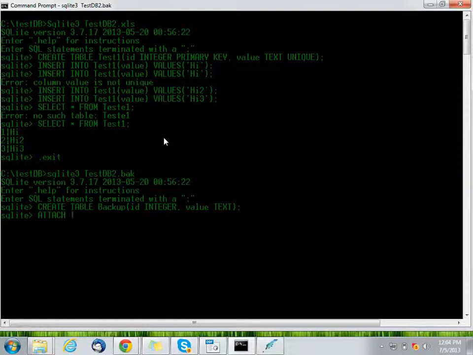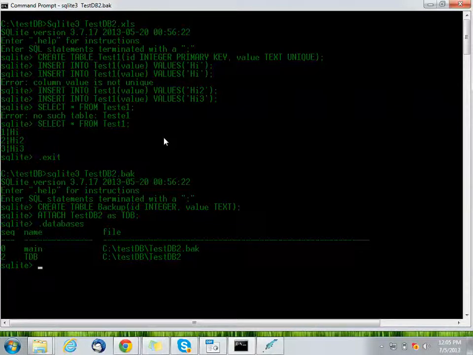Attach testdb2 as tdb. Okay. Now we can check the databases in this session. Now we have the main database testdb2.bak and this tdb. Okay, I think I made a mistake.